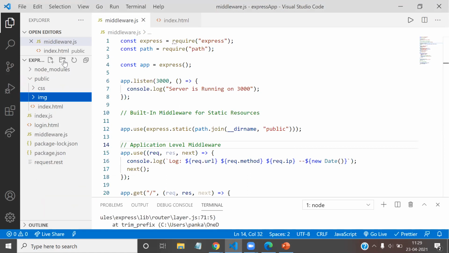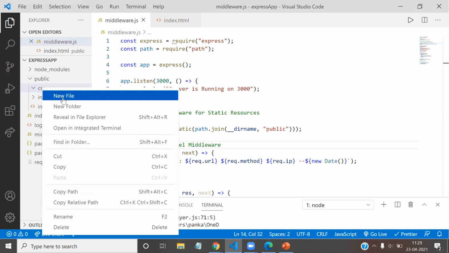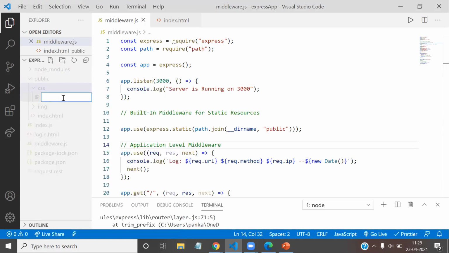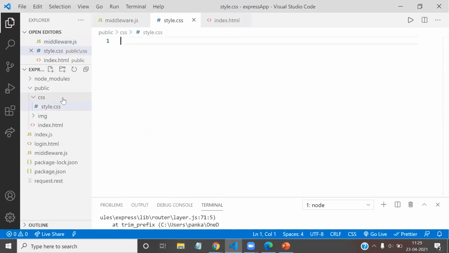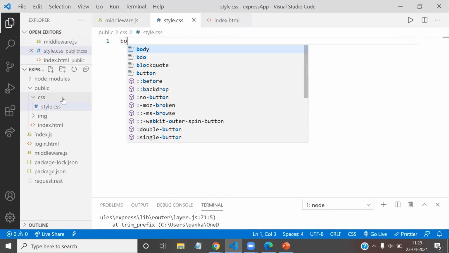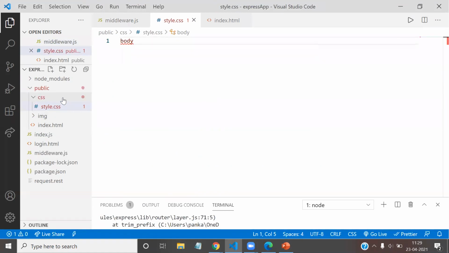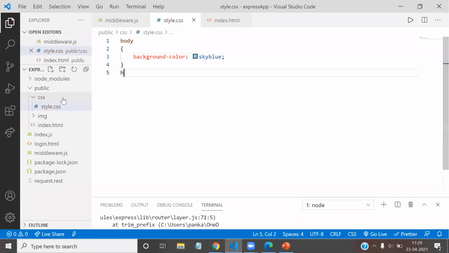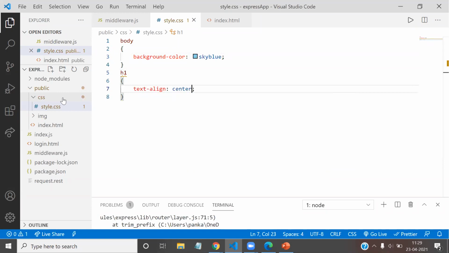In the css folder, I'm going to add a new file, style.css. Here, I'm just trying to make the background color for the body tag sky blue. And the h1 tag should be centered, so I just write text-align: center.